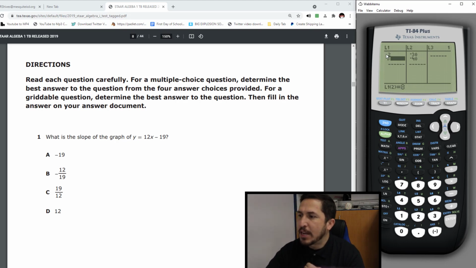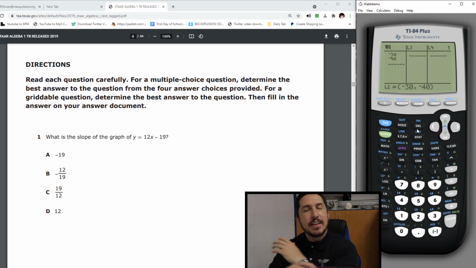By the way, go underneath L1. Make sure you have a L1, L2, L3. If you don't see L1, L2, L3, you better reset your calculator or something because somebody deleted a list. Whenever it's time for you to clear letters and clear numbers, do not go up here and hit delete. If you hit delete, whoom, the whole list is gone. And then when you try to do your stuff, it's not going to work.